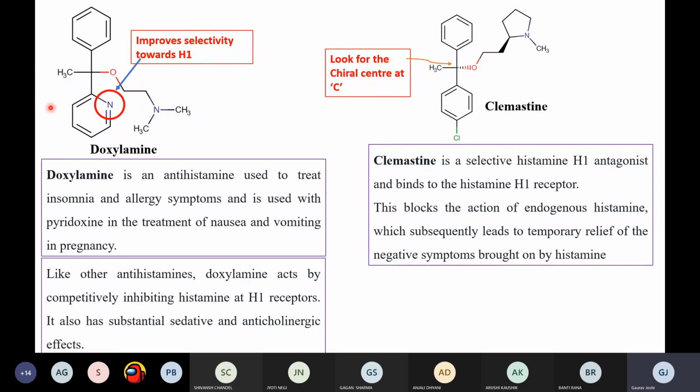For example, if you see this molecule, this R double dash is a substituted methyl here. We have a nitrogen at the second ring, right? In this case, we have a chiral center. Every example will come, and importantly, we have a cyclized nitrogen. The nitrogen is not in the free form, right? These are the major things. All of these drugs which we are discussing are used to combat allergy, because they interact with the H1 receptor. So this is a very common thing.